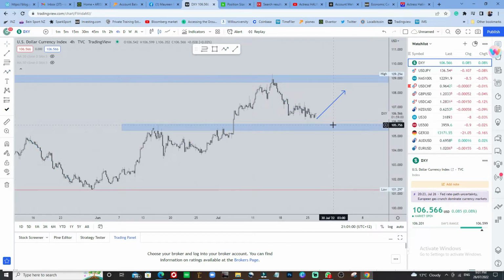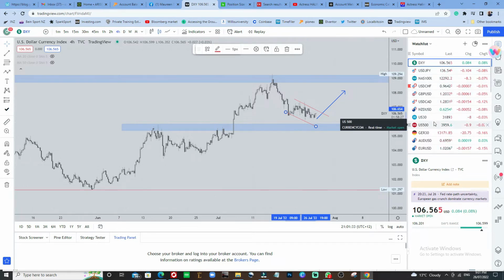The US dollar is beginning to gain strength gradually, but it's going to consolidate around here a little bit. It won't just go up straight like that. It's going to play around here a little bit, then push to the upside. It's already doing that. So I expect more consolidation before it begins to break this channel here, and then probably push to the upside. That's what I expect. If the US dollar pushes to the upside, there's going to be a corresponding impact on other US pairs like USD JPY, USD CHF, GBP USD, USD CAD, and all of that.